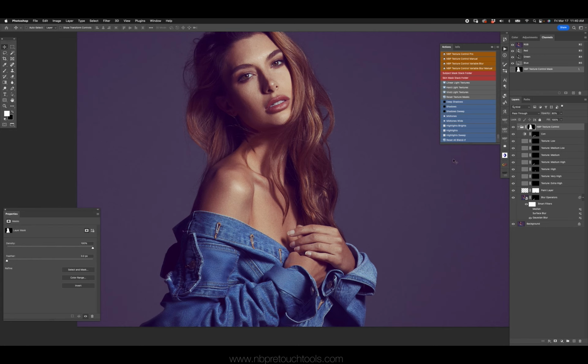So that's how we use this texture control to control any texture, whether it's sharpening, like I said, or controlling a smoothing of an area to get a certain type of texture gone and to preserve another type. But we have flexibility. How much we want to preserve, how much we want to get rid of, right? Obviously, too far extreme and everything's going to be a mess, but within reason, it can really, really control just